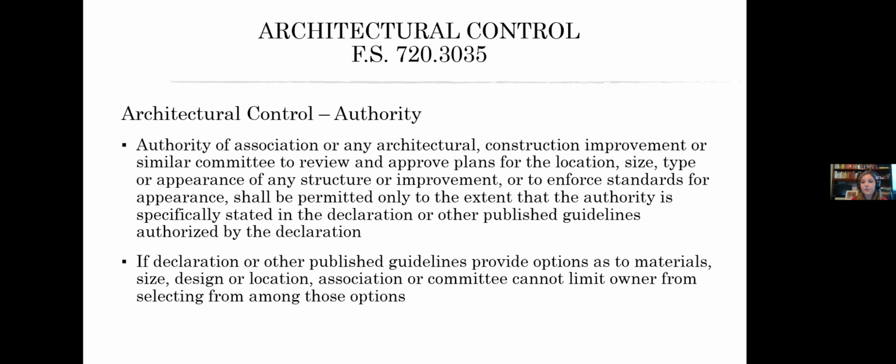If you have published rules, those have a little less authority than what the recorded declaration has in it. So if you have a list of colors that are good for painting houses and someone uses a shade that's slightly different, well, that's not one of our approved colors. It's a tougher fight, but it's still probably worth fighting. Certainly worth it when someone paints their house purple in an all brown and gray neighborhood. But if there's some confusion or there's no published rule about it, very hard to enforce those kinds of architectural controls.